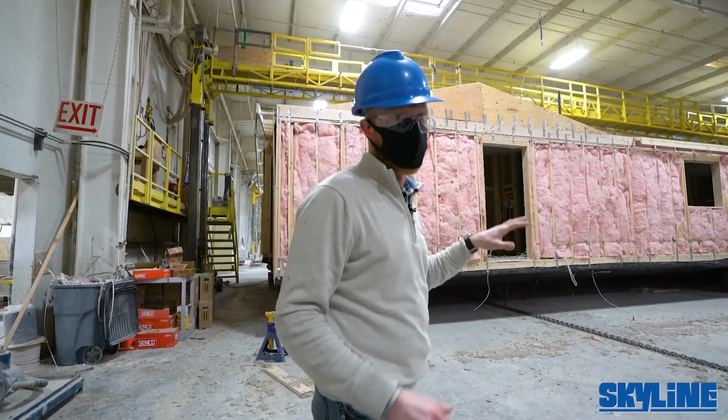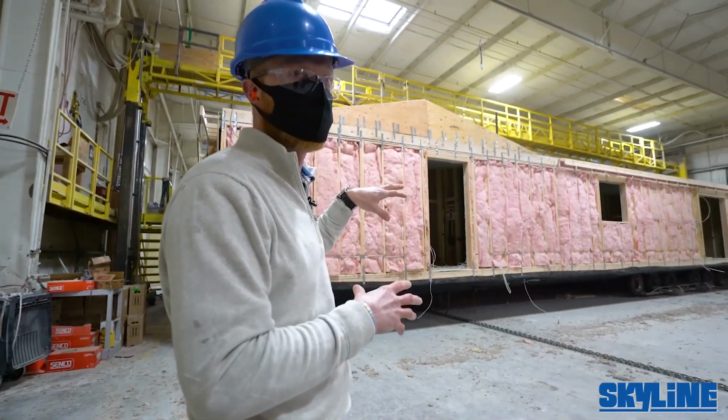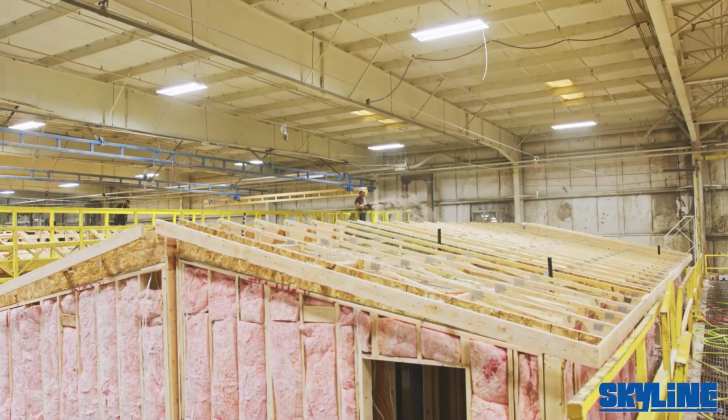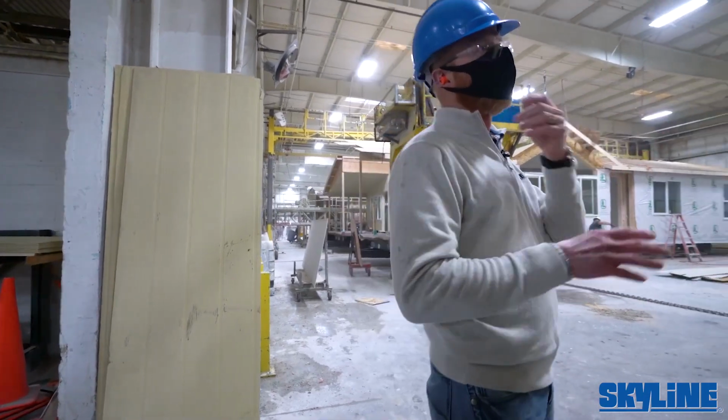As it gets into these areas, we're getting closer to where they're going to start decking the roof. That's after they've blown in the cellulose insulation. Depending on the R value that the customer has chosen, that will dictate how deep the insulation is in the roof cavity. Now we've got to the point where the siders are working on putting on all the exterior